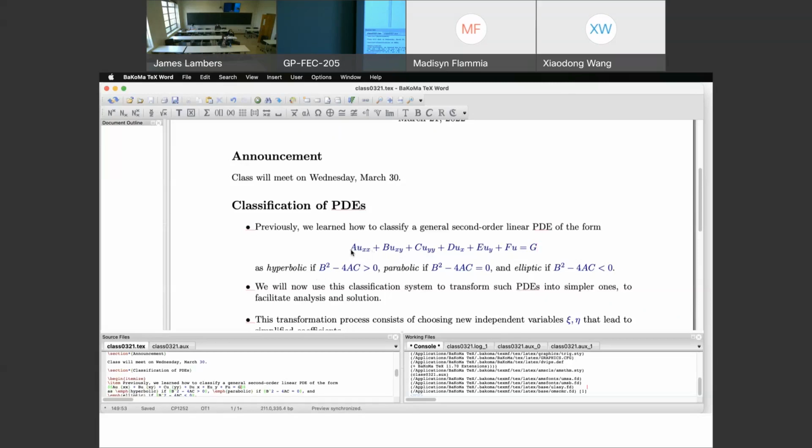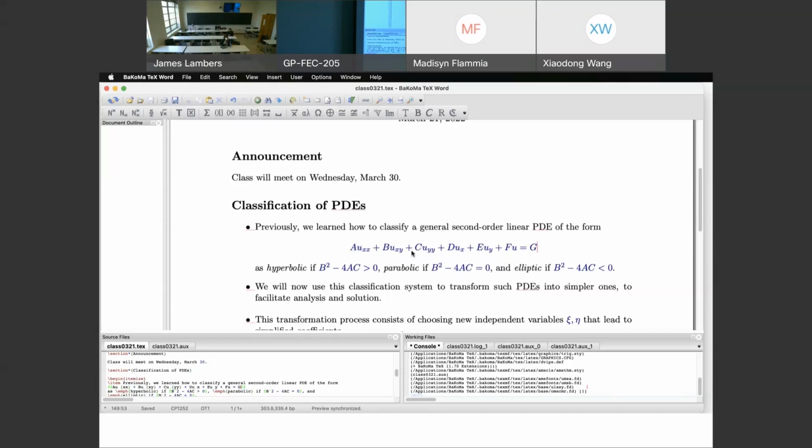A PDE in such a general form is very difficult to solve. There really is no way to come up with any kind of general solution formula for any PDE of this type. But what we can try to do is transform a PDE into hopefully a simpler one by